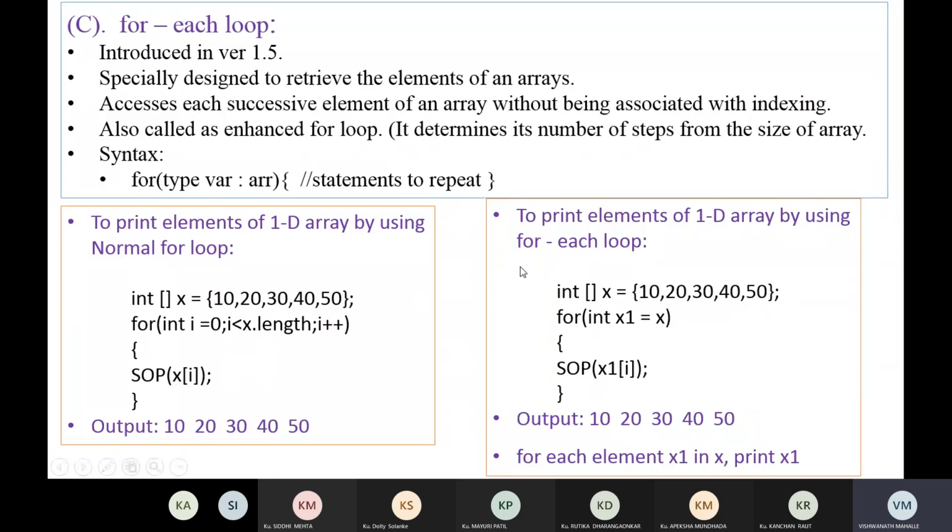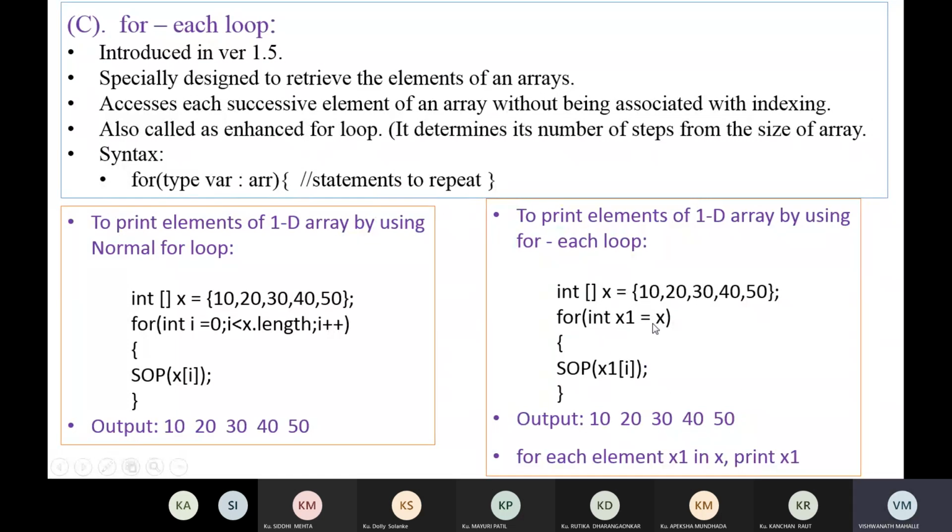Now to print the elements of a one dimensional array using the for each loop, here x is the array. In the for each loop, for integer x1 in x, print x1. That is the meaning of this.